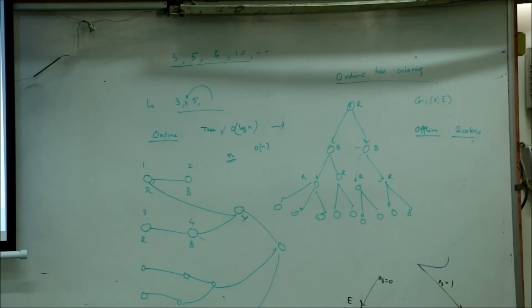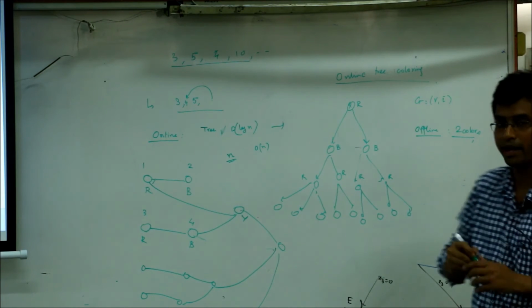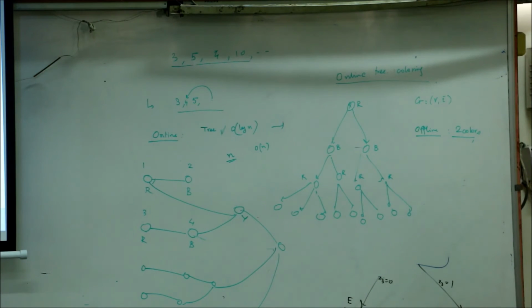We don't get 2, but we get a constant factor. If we are allowed to backtrack, we can do that. But there is a bound. If you say I am allowed to change the color for everything, then obviously you can do 2. At every step you do backtracking, you find the best solution, and then you give 2 at every step.